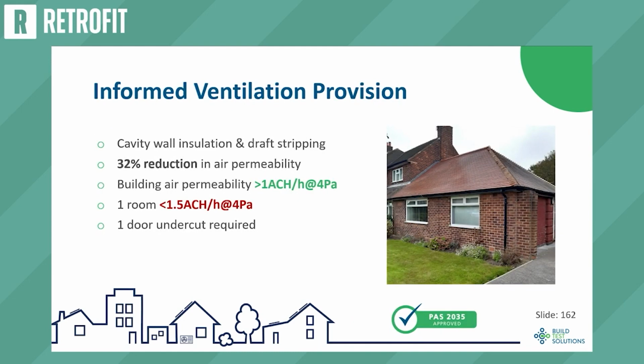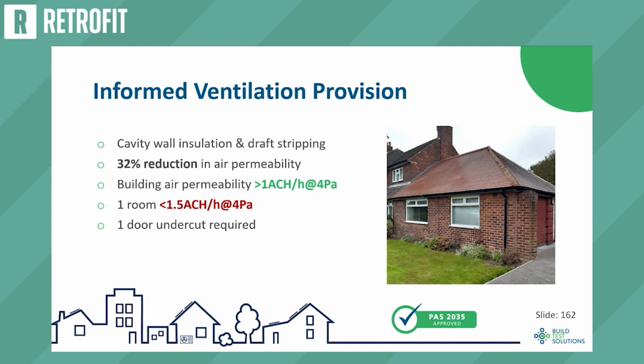Last example. So we're retrofitting buildings, and we're thinking about what this is going to do to the air tightness, what it's going to do for my infiltration, and what therefore I should think about my ventilation provision. By measuring the air tightness before and afterwards, we can see what effect it's had on the infiltration to the building, which in this case we're relying on to give us enough fresh air. So in this case, we did cavity wall insulation and some draft stripping, and the building did get 32% more airtight, but actually it was still reasonably leaky.